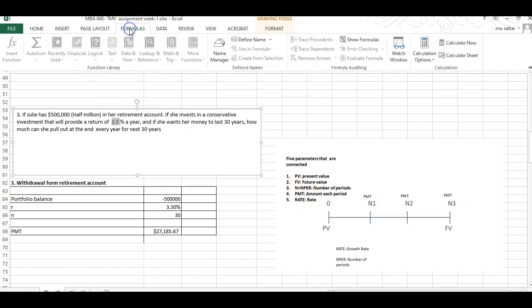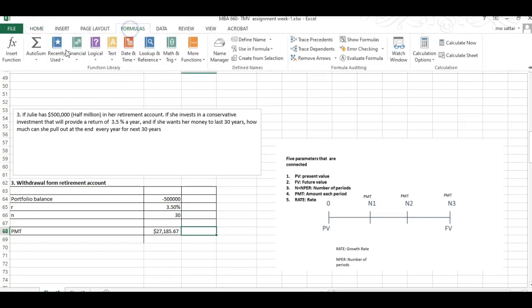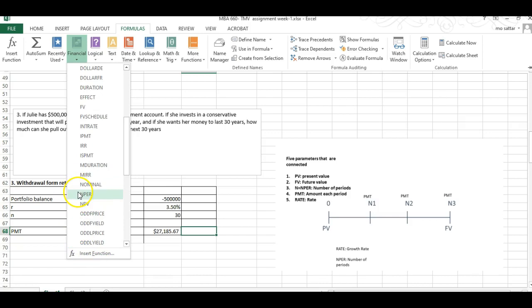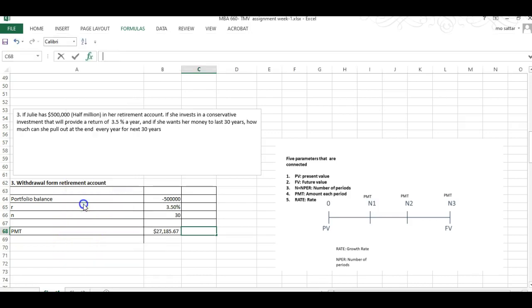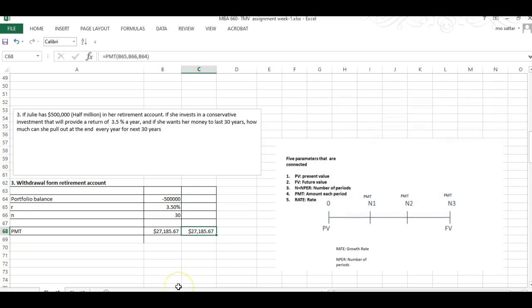So if I go to the formula, I'm going to just put it over here right next to it where I've done it. If I go to the formula, financials, and we are going to calculate the PMT, so I'll go down till I find PMT here. Again, the box opens up. What is the rate? Rate is this. Number of periods is 30 years. Present value, again negative. Why? Because we're giving the money to the investment or the annuity for which we'll get the annual amount as an income, so we put that in. There is no future value. If I click the number, I will get 27,185,